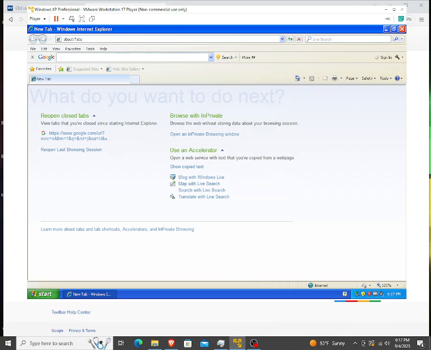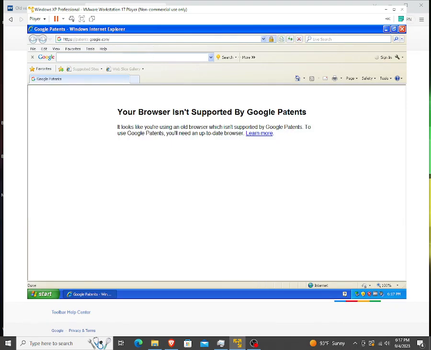Let's click on Google Patents. I'll just see if that works. Does Google Patents still